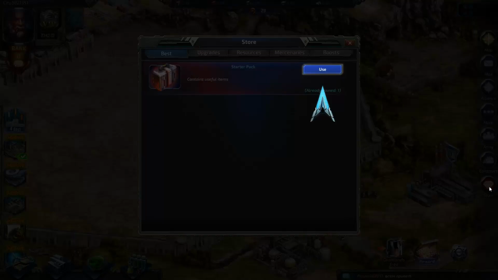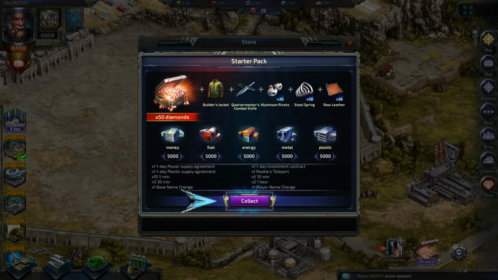There we go. Store. I was waiting for this. So the starter pack contains useful items. This is going to give me a builder's jacket, which I assume will quicken the time it takes to build items. Quartermaster's combat knife, don't know what that does. Aluminium rivet, steel spring, raw leather. And money, fuel, energy, metal, plus a decent pack here, and 50 diamonds too, which I'm sure they'll make us spend